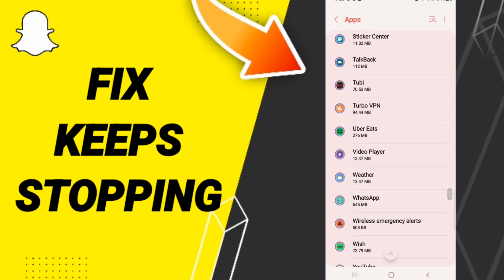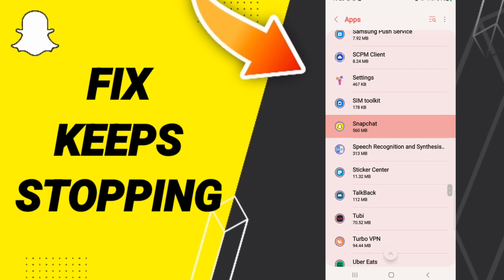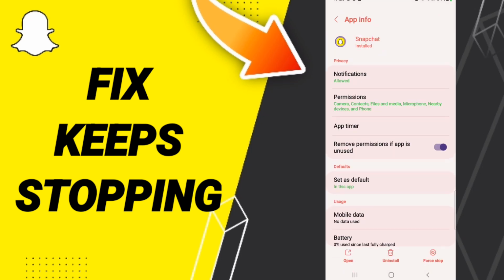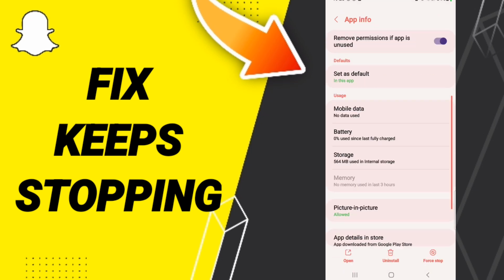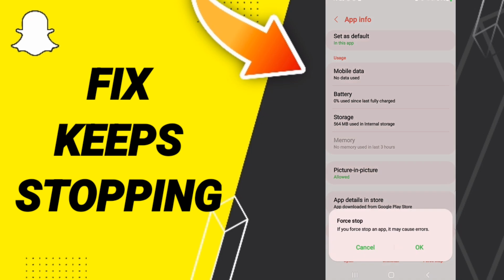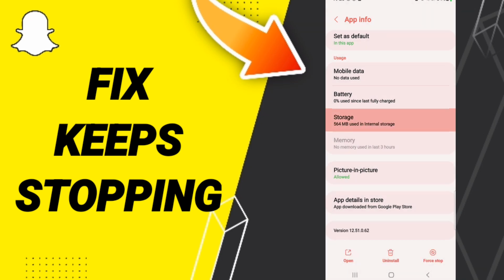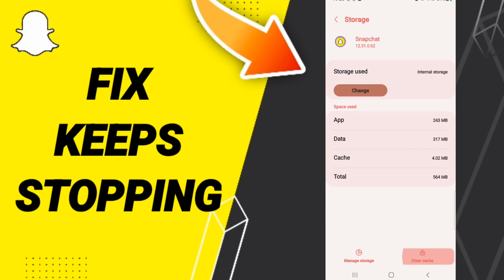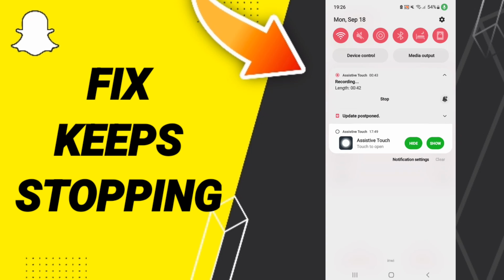Then in this list you will search for Snapchat. Here in this window of app info you will enter force stop and you will click OK. After that you will enter storage. Here we click clear cache, and in the end you can search for your application of Snapchat and you can